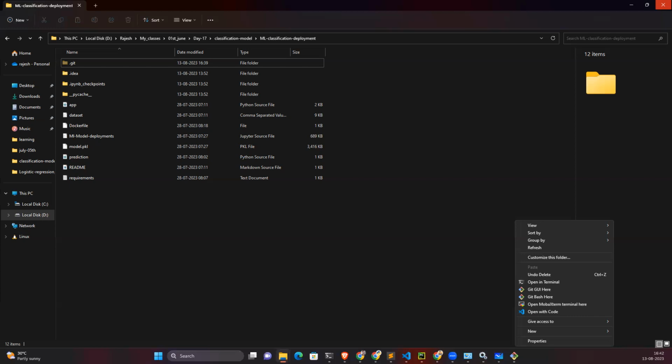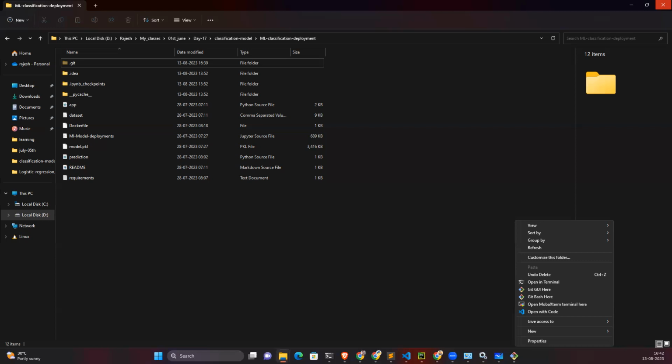First init, because you are starting from the beginning. Enter. Now initialization has been done. Now run the command git status. The spelling of status is wrong. Spelling mistake, no worries. Take your time. Enter. So everything is red.